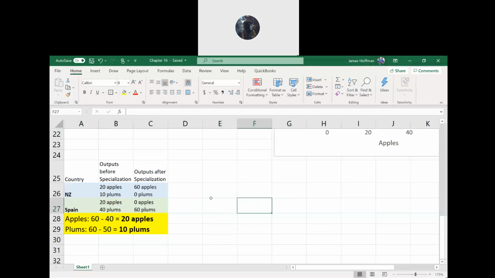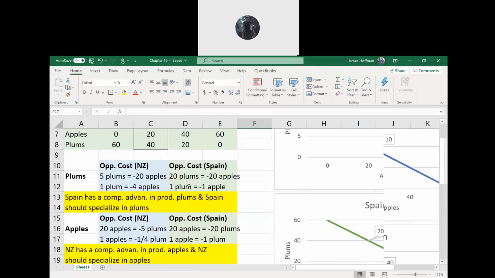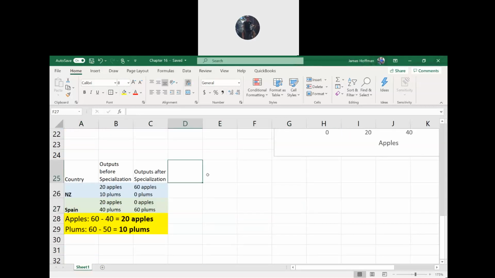Okay, so do we see questions on that part? Do we see how we got the total gain in just specialization for both goods? Okay, great. So next step or next